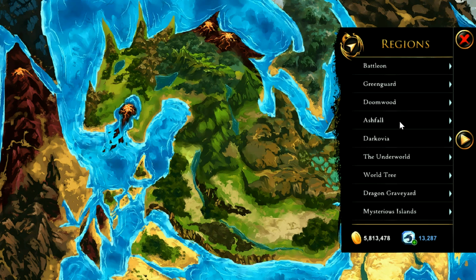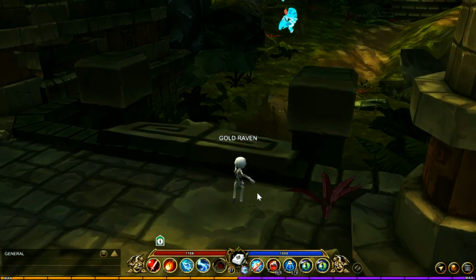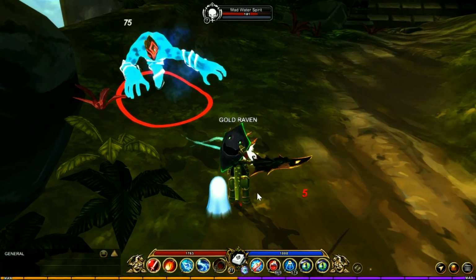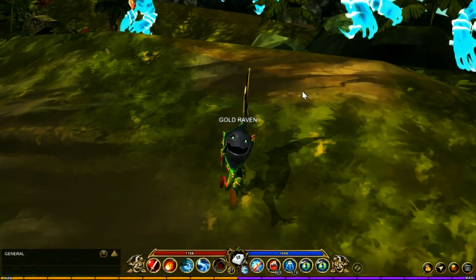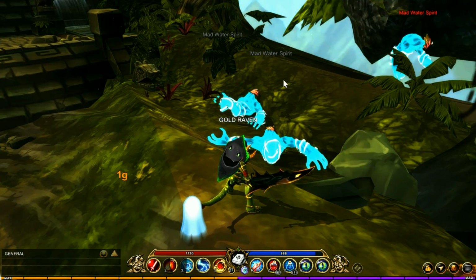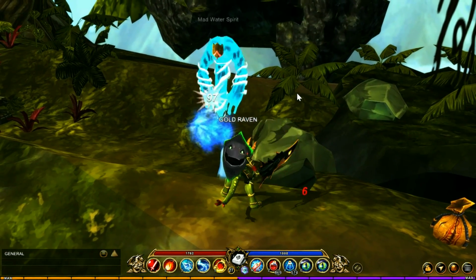Also at level 8, if you jump to the World Tree, once here you're going to be wanting to fight the elementals. If you go over here, you've got the water elementals. You can take these guys down, and you're going to get a chance of getting the Spiritual Warrior armor set. The drop rate is kind of low, so honestly, it's probably easier to go for the Pebbler